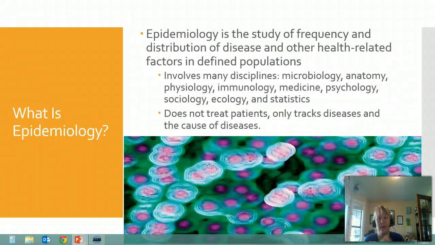So what is epidemiology? Epidemiology is defined as the study of the frequency and distribution of diseases. What does that mean? It means that we study how often and what kind of diseases are occurring where. So, here in Idaho, do we have a large number of breast cancers? Do we have a large number of syphilis cases? What is our breakdown in diseases, and how does that compare to other areas of the nation? Is there something that we need to be concerned about? Is there some kind of environmental cause that could be having this?